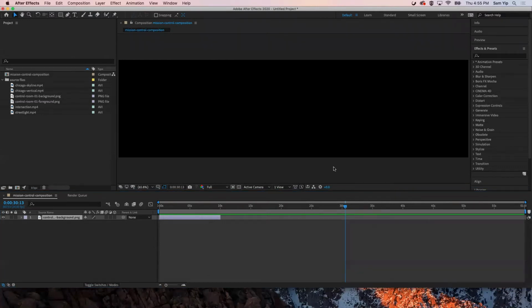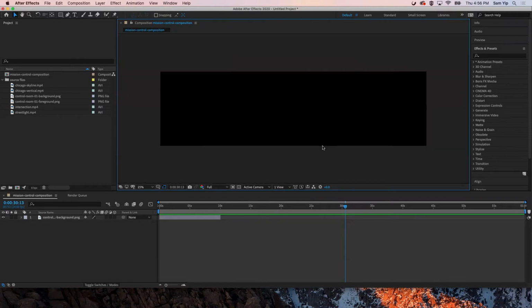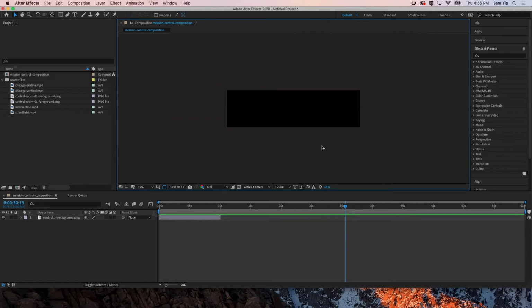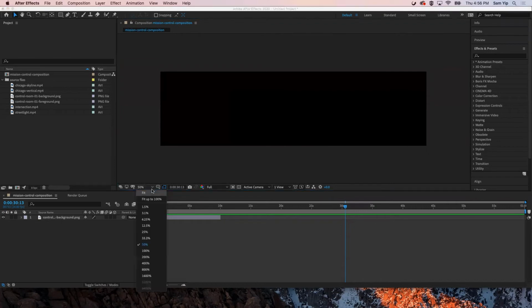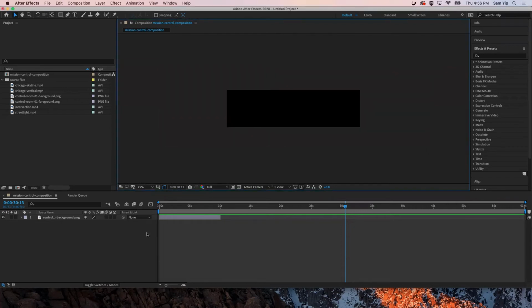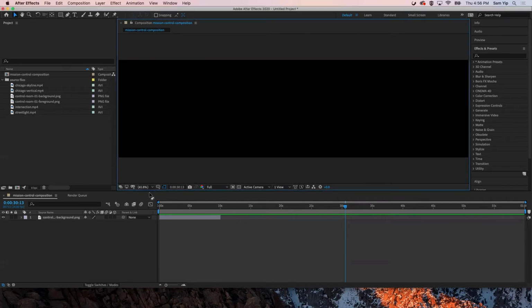And then I also want to talk about the composition panel a little bit in terms of zooming out and zooming in. So if you have a three button mouse, you can scroll the mouse to zoom in and out, or you can also use the comma and period keys to zoom in and out. And of course, you can also go to here and adjust your zoom to 25%, or I usually just set it to fit so you can see the whole